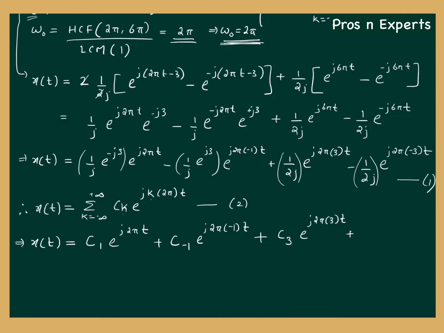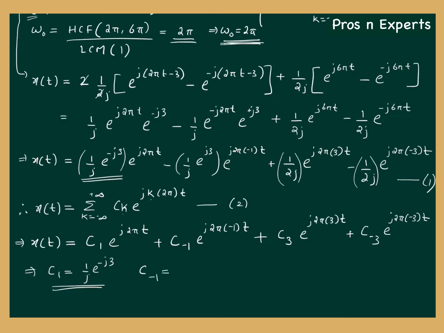Okay, so the coefficient of this signal, that is minus 1 by 2j, is c minus 3. So I can write it as c minus 3 e raised to j2 pi minus 3 into t. Okay, so everything is over. Now we can write it as c1 is nothing but 1 by j e raised to minus j3. Okay, c2 is equal to,